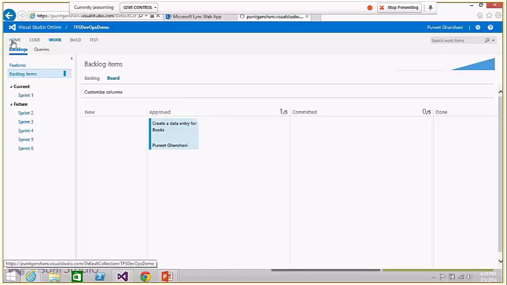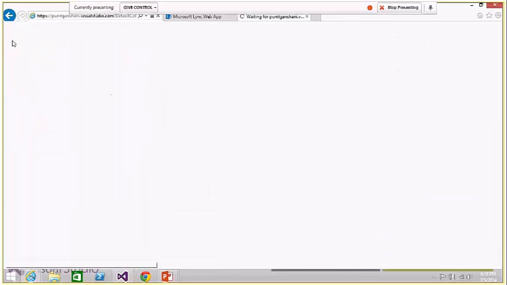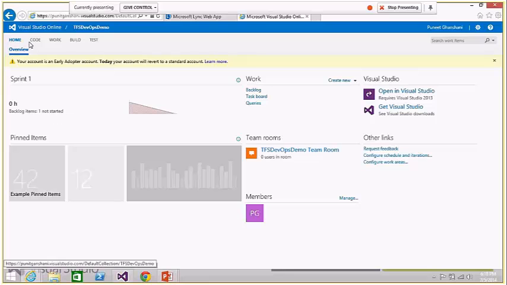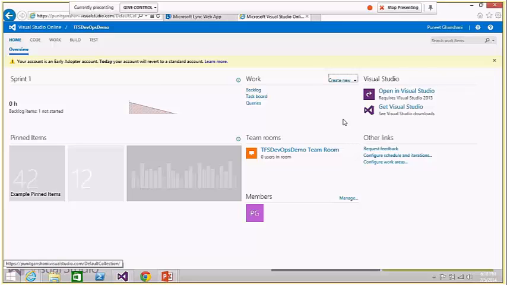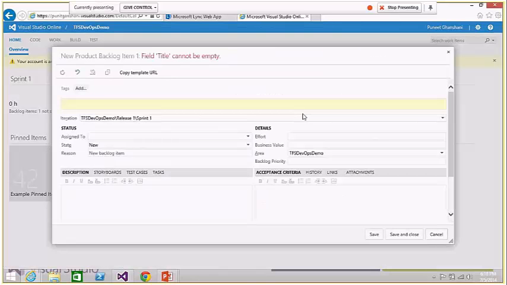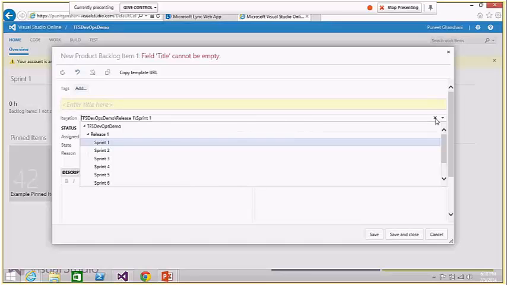Okay, so once you create a project, what happens is that you can assign backlogs. You can create product backlogs, or you can say a feature or a task or a test case over here. And what it essentially does is, when you click on product backlog, you can say, okay, this is an item that has to be done in